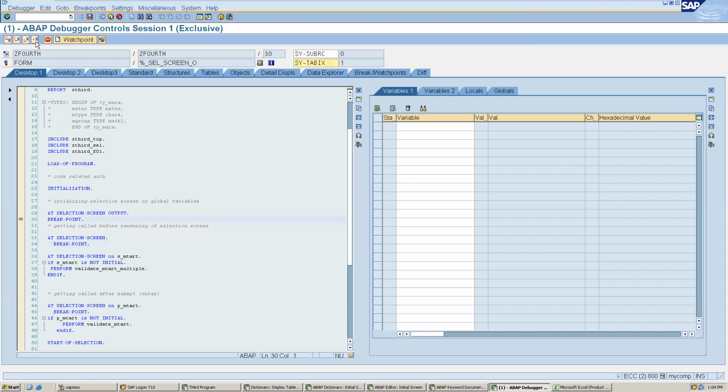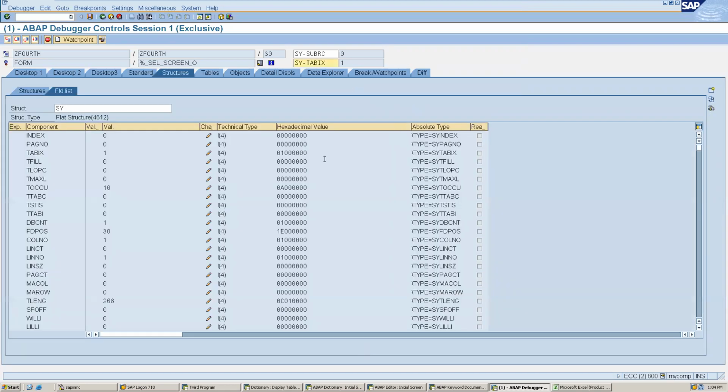Okay, and if I do F8, and if I want to check sy-ucomm, what is there in sy?